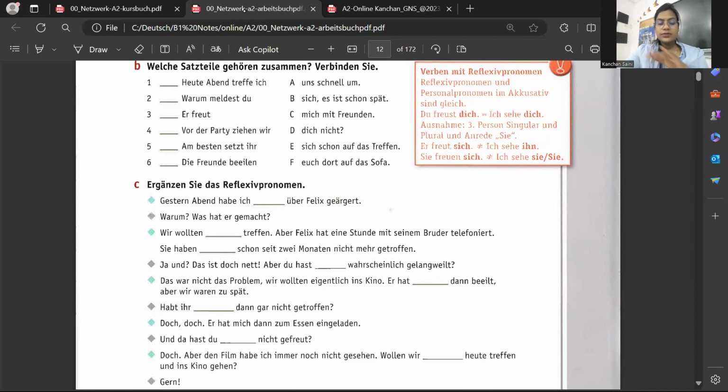B, just match the following, but in C you need to provide the reflexive pronomen. So, Sie haben 5 Minuten dafür. Ja? Ich warte auf Ihre Antworten. So, wenn Sie fertig sind, Sie können Ihre Hände hoch machen. When you are done, please raise your hand and then we'll discuss the answers.